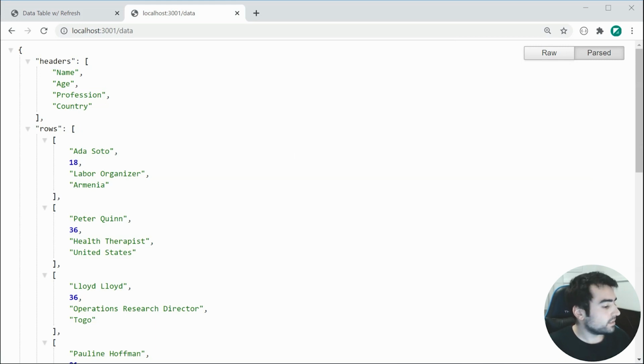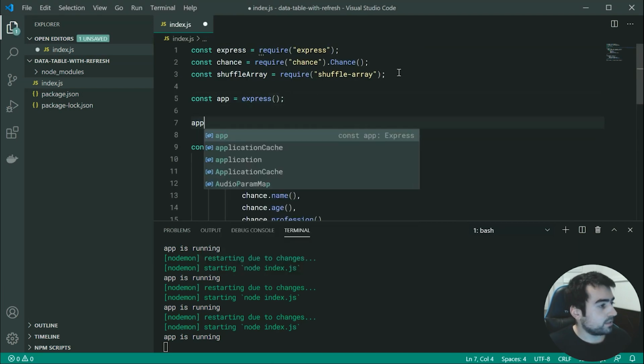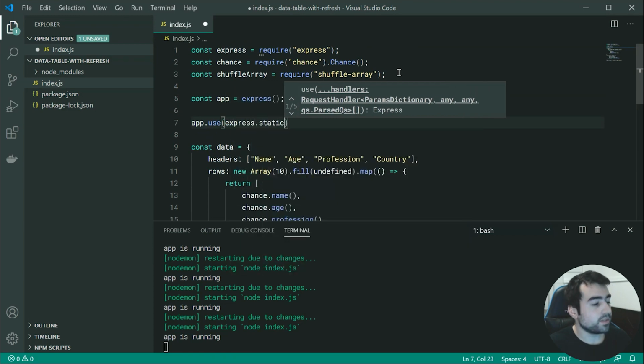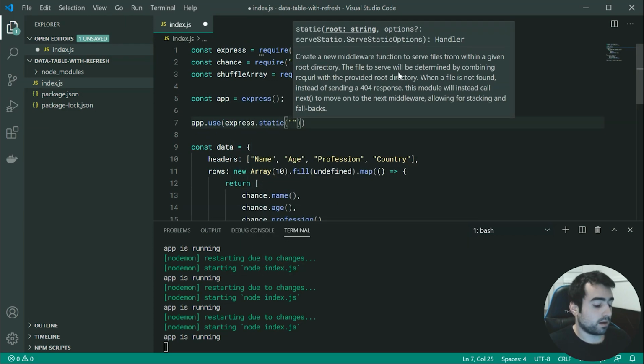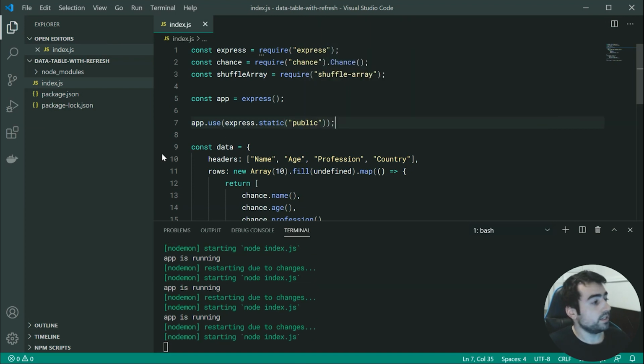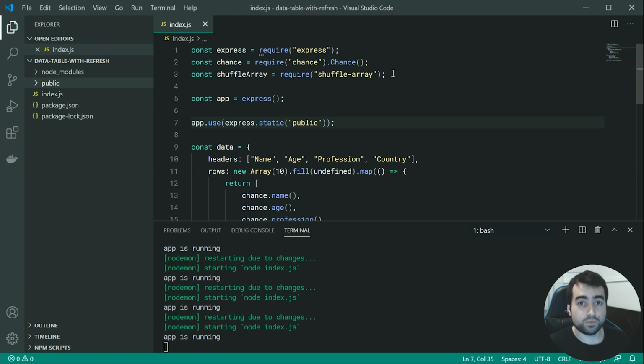So let's go back inside here, and we can say up here, essentially just app.use, then pass through here express.static, then we can say just public. So now everything inside the public directory, so we can make a new directory here called public, is going to be served statically, which means if I make a